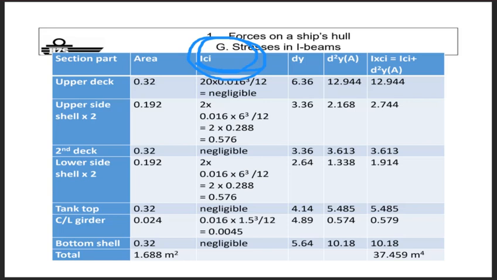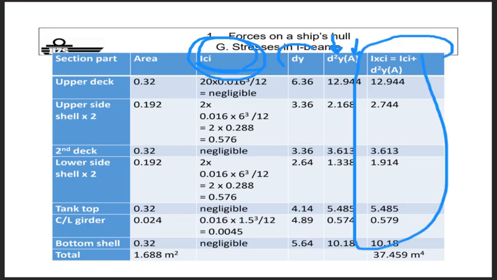Very, very small one might be negligible, but you can take that into account as well, though it will be very small and not really of interest. And then you take a correction. And what is the correction? The surface multiplied by the distance of the element towards the neutral axis. And then you sum it all up, and you end up with the moment of inertia around the neutral